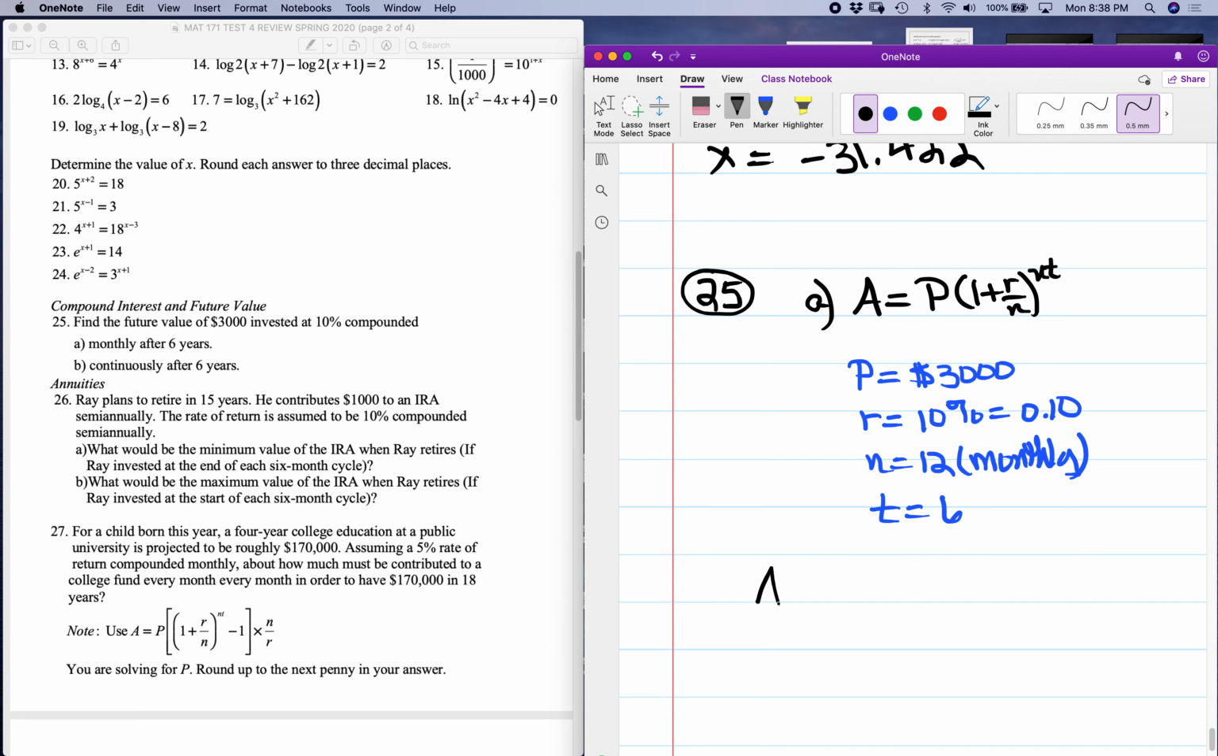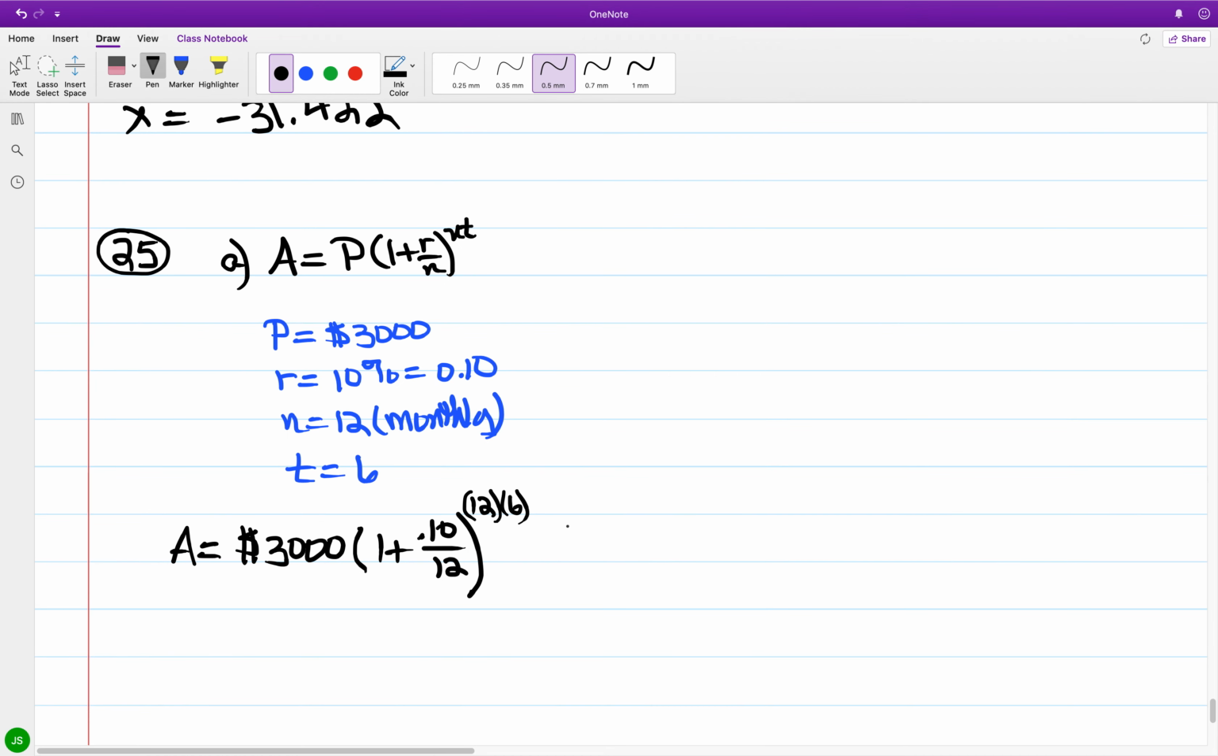If we fill in the values, P is $3,000 times the quantity 1 plus r over n, so 1 plus 0.10 over 12, to the n times t, so we're raising to the 12 times 6. Looking at what we have at this juncture, we have $3,000,